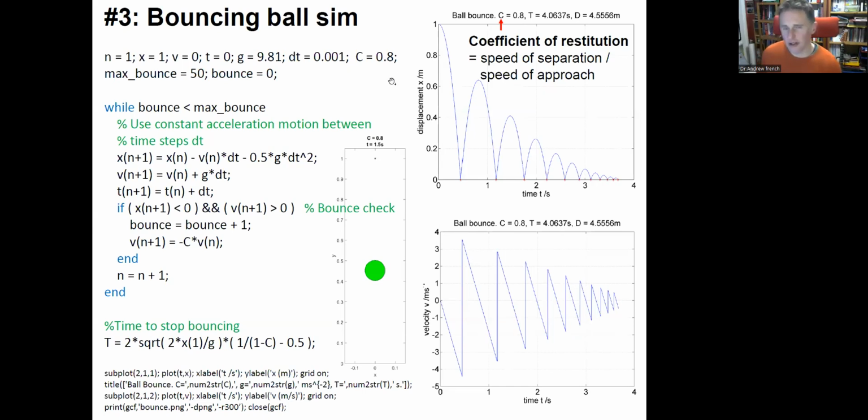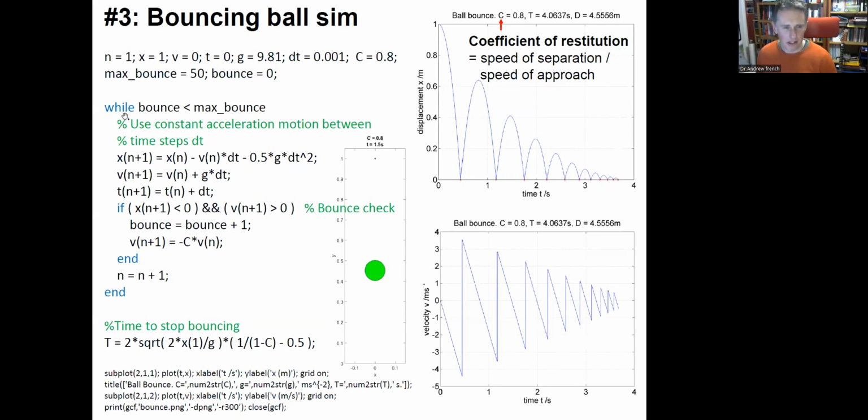The semicolon is a MATLAB thing, and that means it doesn't display to the command window that we saw earlier. All right, and I've got two other things. I'm going to set the number of bounces to be 50, and I'm going to have a bounce count, or a counter, which starts at 0. Obviously, I don't want this to bounce an infinite number of times, although they're large. So I'm going to set the bounces to be 50, so the actual program will stop.